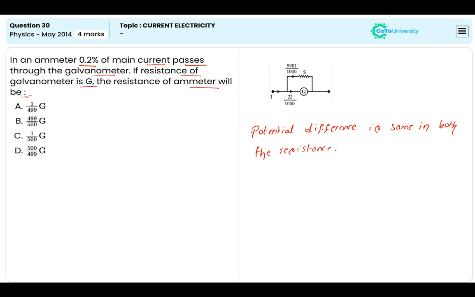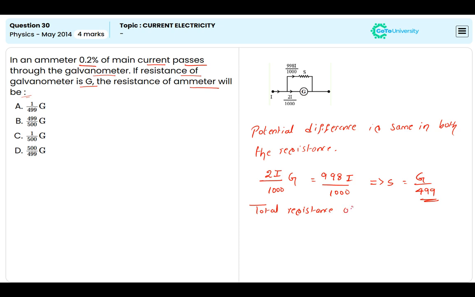Then we can write the equation as 2I divided by 1000 times G, which is equal to 998I divided by 1000 times S. Then we'll get the S value, that is equal to G by 499. The total resistance of the ammeter will be